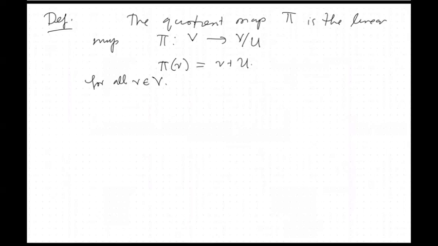Of course, U here is a subspace. So this needs to be verified: that pi is a